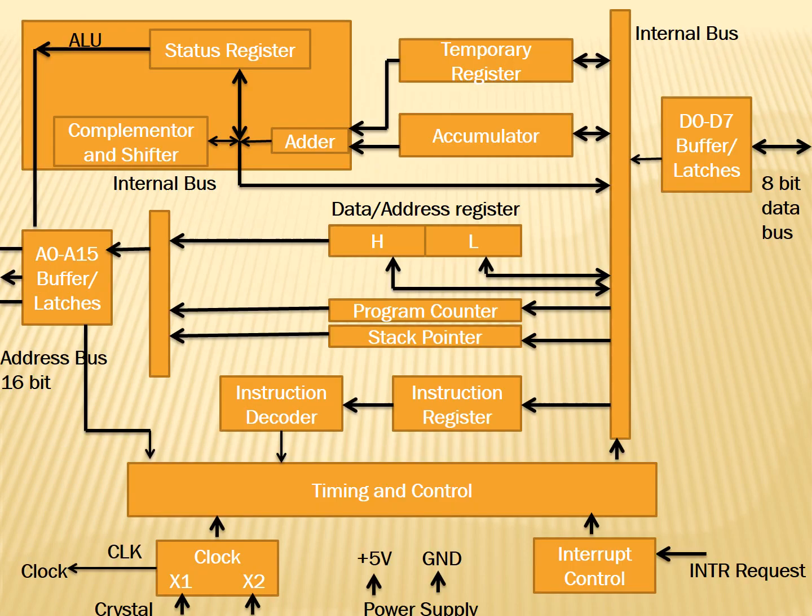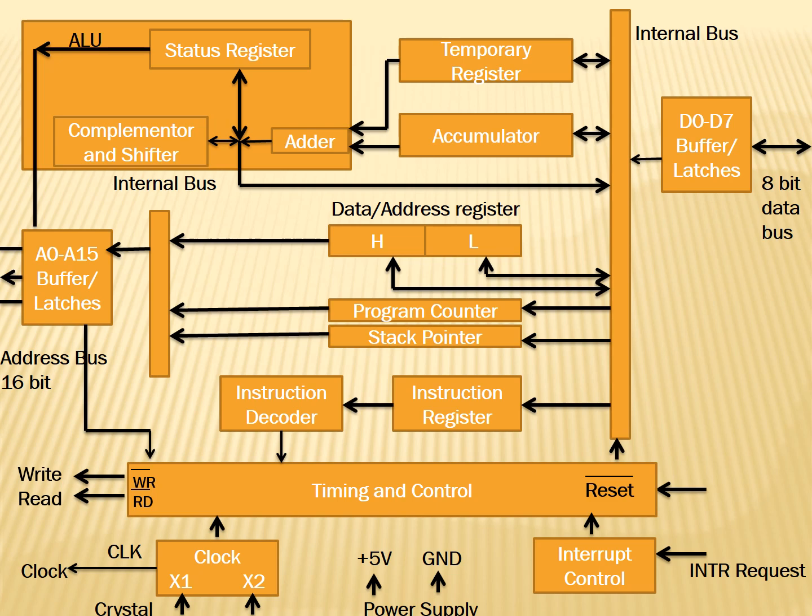So let's discuss some more points present in the timing and the control unit. We have the read signal and write signal, which play a very important role. We have discussed this in the pin configuration. We have the reset signal, which is used to reset the microprocessor. Okay, so by this we complete the entire concept of the generic microprocessor.